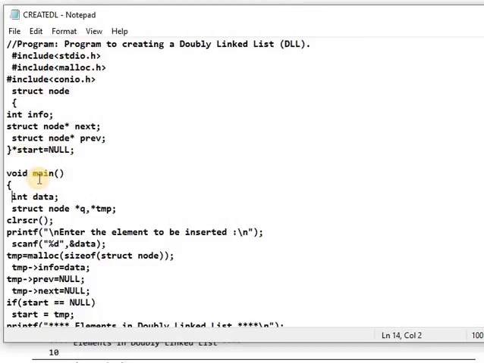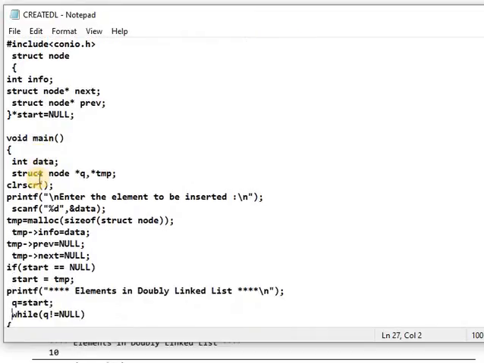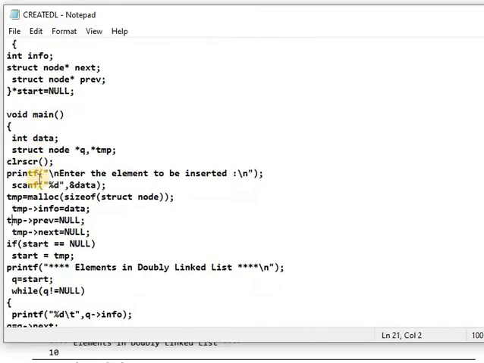In main, after the variable declarations, we clear the screen, and through these two statements a message is displayed asking which elements will be inserted. Memory allocation is done, and the elements that are added are stored firstly in a temp variable, with previous set to null. If start is null, then that element is stored as the first element.